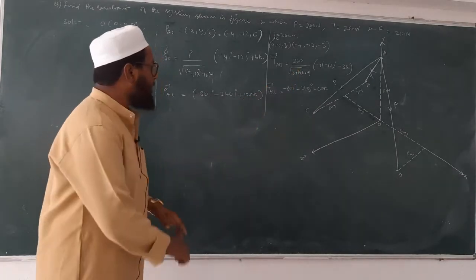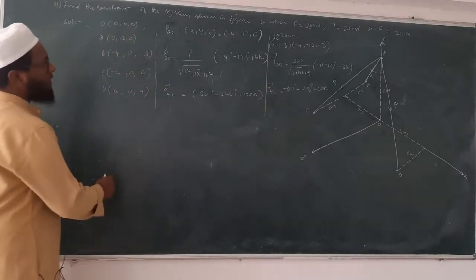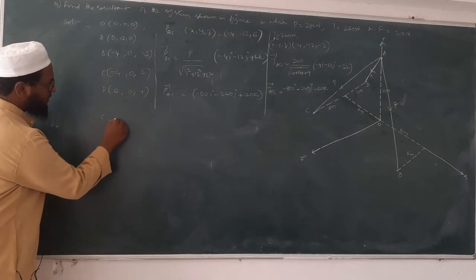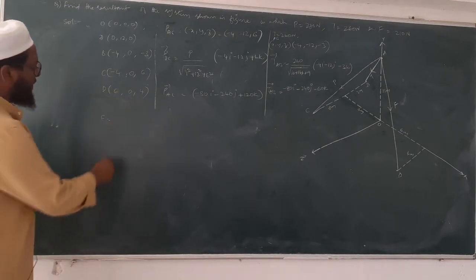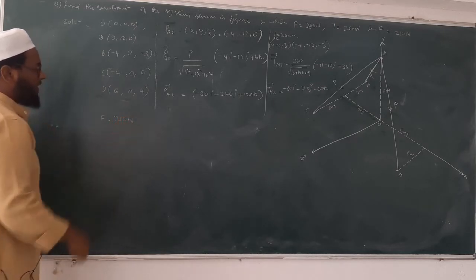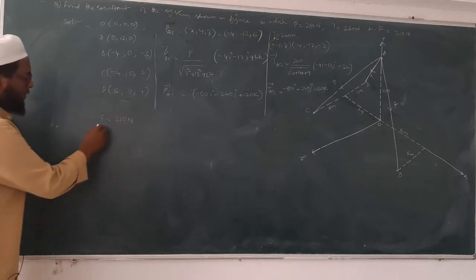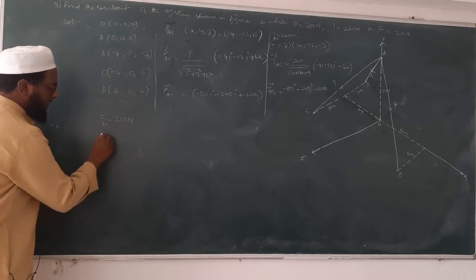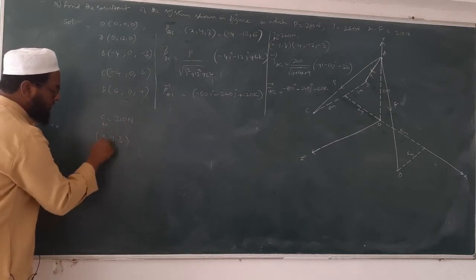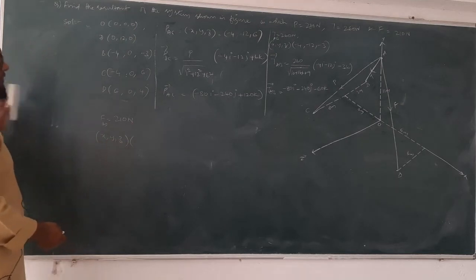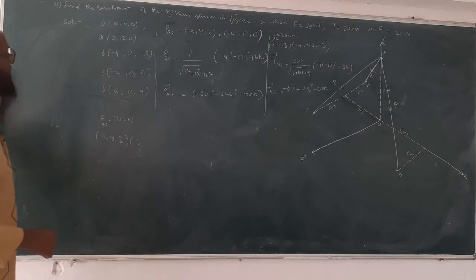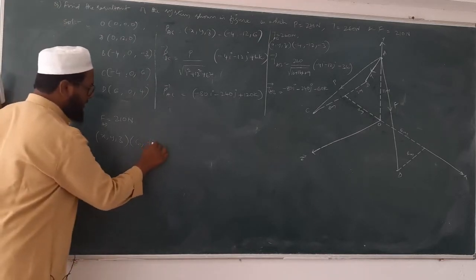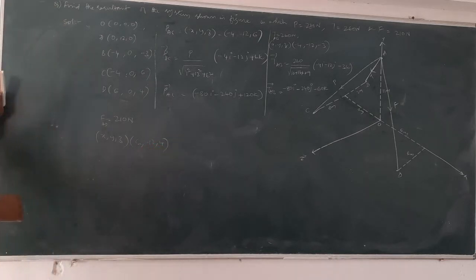Next is from A to D. What is the next force? F is equal to 210 newtons, and it is passing from A to D. So what will be x, y, z for that force? See here, 6, minus 12, 4. All right, 6, minus 12, 4.